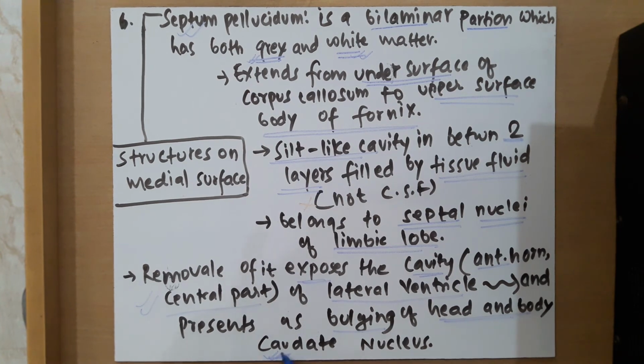Okay, I hope you are clear up to here. In the next video we shall discuss the remaining structures, that are fornix and the third ventricle. We'll discuss the fornix and we'll try to draw a figure of the third ventricle, so that while writing about the theory of the third ventricle you will not get confused.